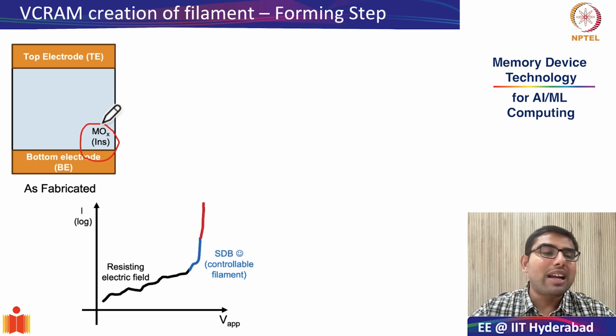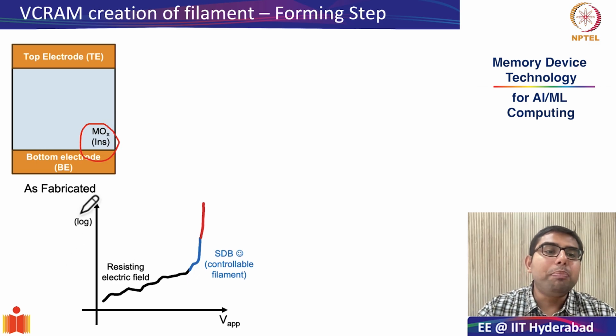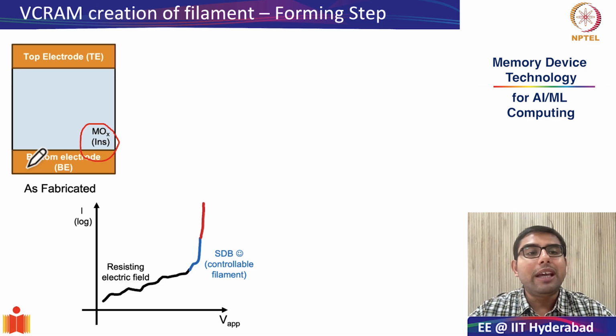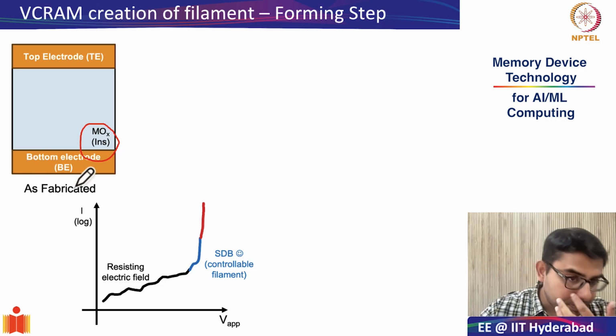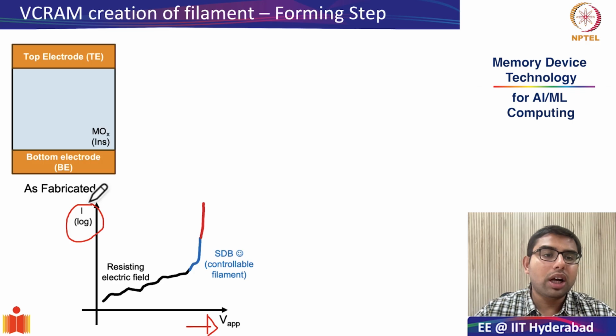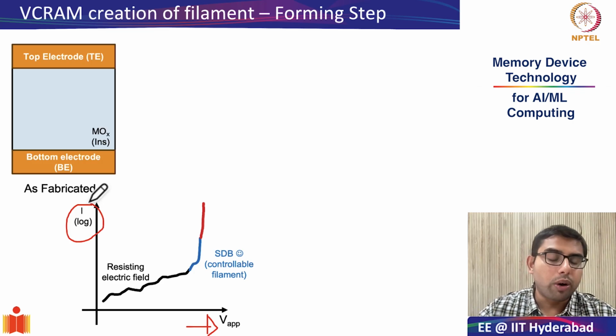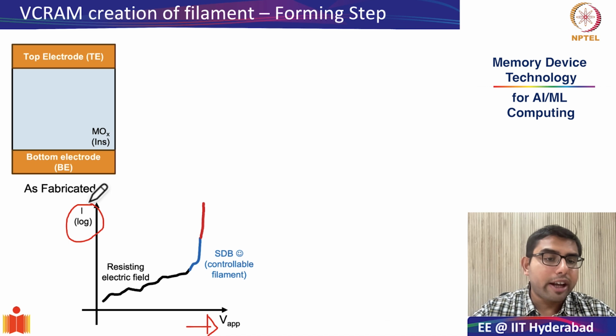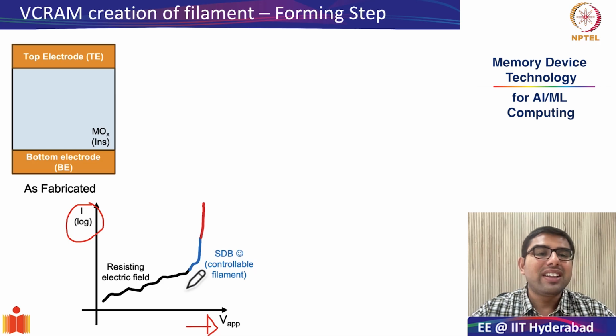In a metal oxide, the metal is the cation and the oxygen is the anion. So for the creation of these conductive filaments, you start cranking up the voltage on the top electrode while you keep the bottom electrode grounded. As you can see in this graph, we are applying a voltage on the top electrode and measuring the current also from the top electrode. Because this is an insulating material, for quite some amount of electric field, you will be able to resist the external electric field's influence.